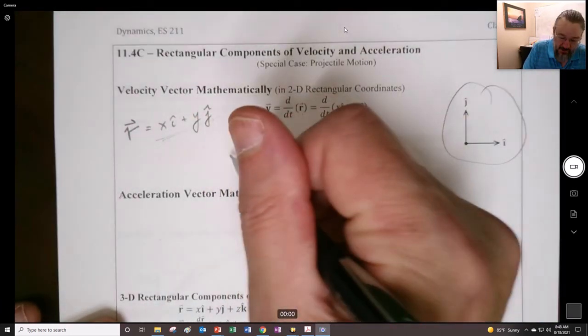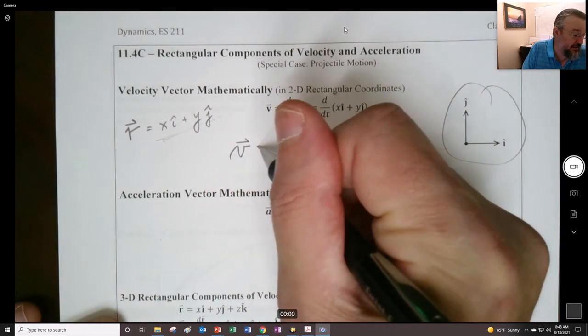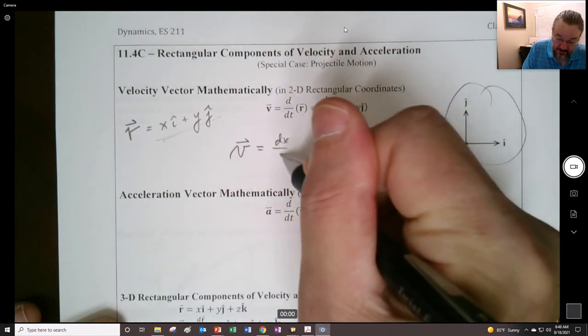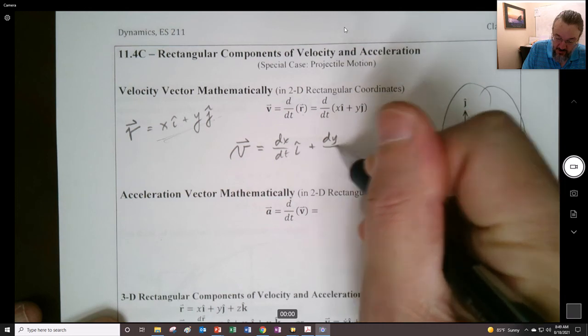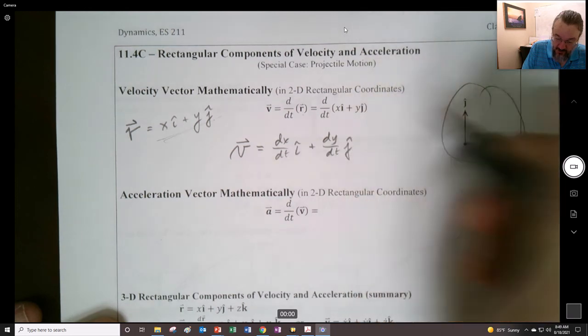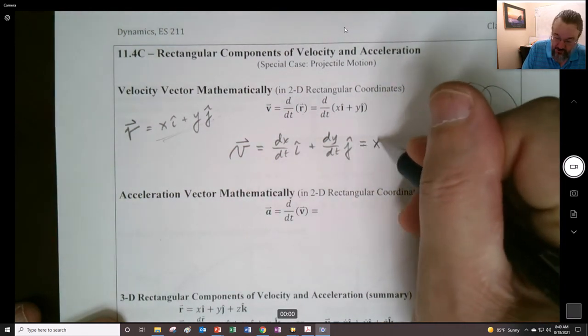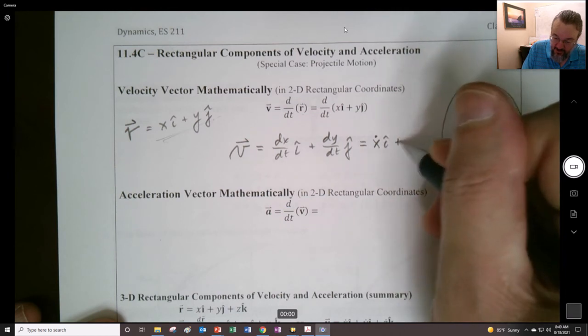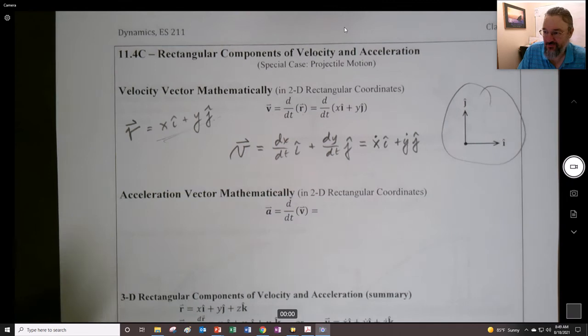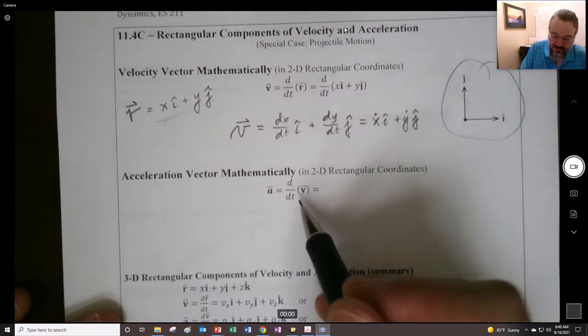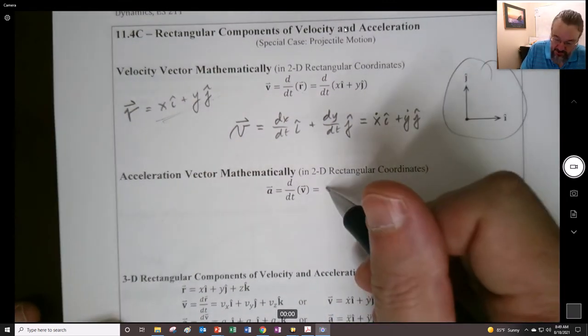And we just simply end up with velocity is equal to dx dt i plus dy dt j. Or if we wanted to, we can go x dot i plus y dot j. Somebody might write it that way. I don't know. And then acceleration is simply